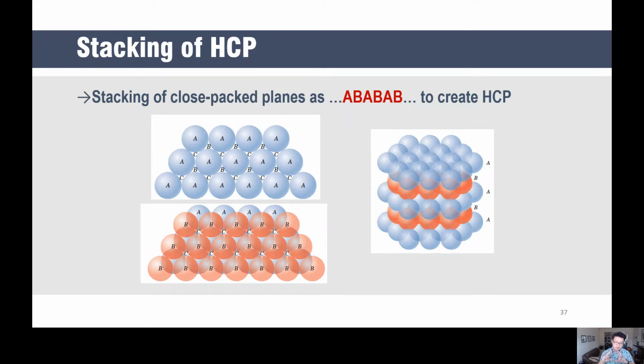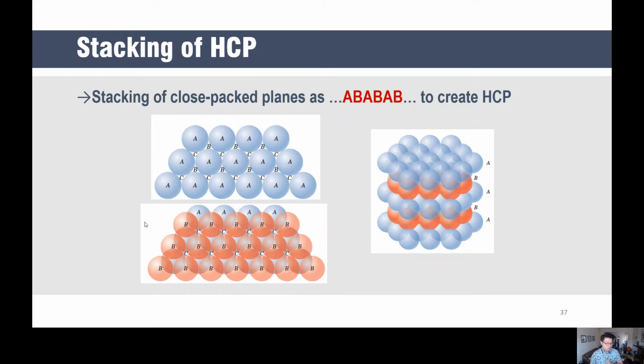If you look at that crystal lattice, there are two axes. There's the lattice parameter A and the lattice parameter C. C is in the vertical direction. And so depending on the C to A ratio, you will find that HCP will have different packing density. Theoretically speaking, the highest possible density that HCP can pack is 74%, and that is also the packing density of